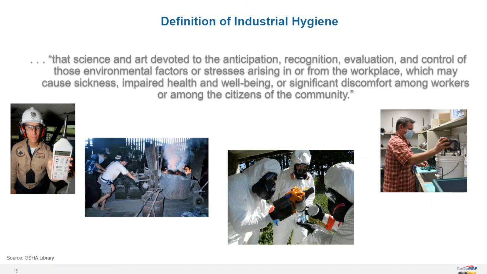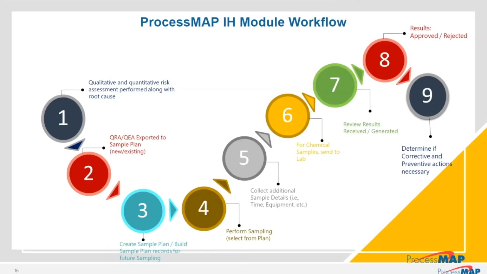So how can Process Map help? Let's look at the Process Map Industrial Hygiene Module workflow. As you can see from the graphic, we have 9 steps or 9 phases within the module. This does not mean you have to use all 9 phases, but they are available to you. You can start with the qualitative and quantitative risk assessment, after which you create your sampling plan, and then you follow your sampling plan and perform the sampling, which is step 4, and you can then collect additional details such